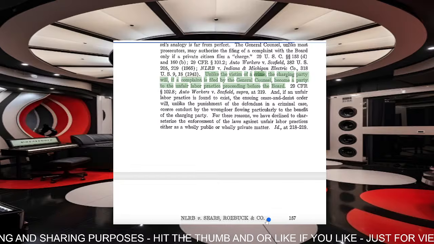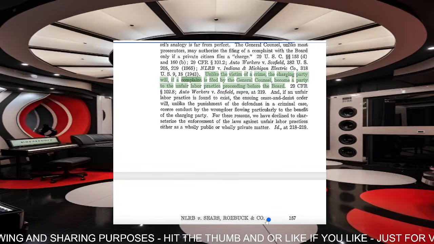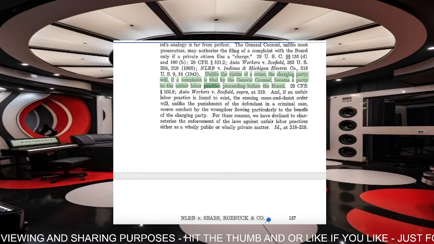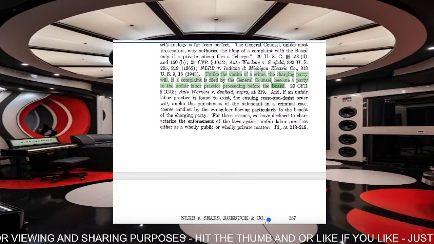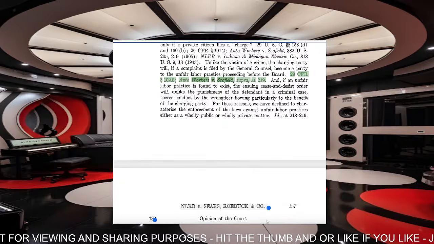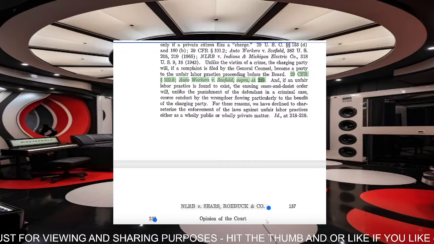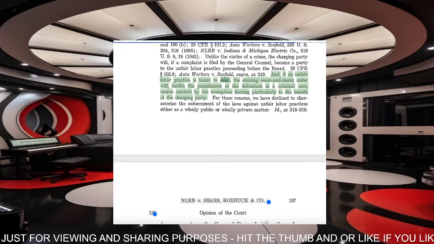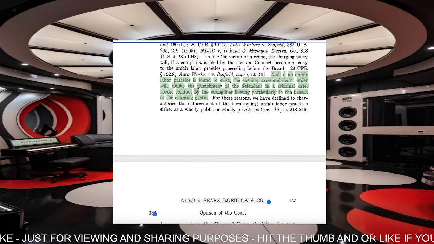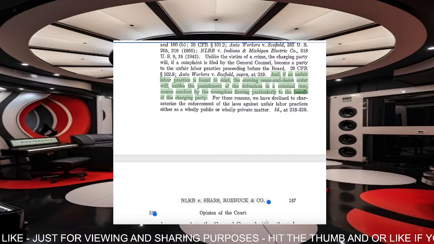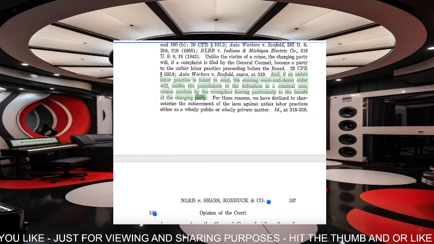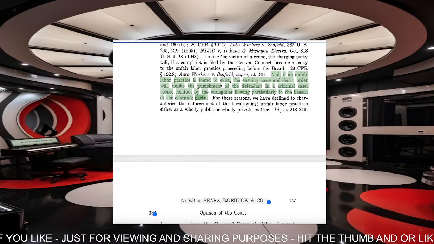Unlike the victim of a crime, the charging party will, if a complaint is filed by the General Counsel, become a party to the unfair labor practice proceeding before the board. 29 CFR 102.8, Auto Workers v. Schofield, supra at 219. And if an unfair labor practice is found to exist, the ensuing cease and desist order will, unlike the punishment of the defendant in a criminal case, coerce conduct by the wrongdoer flowing particularly to the benefit of the charging party. For these reasons,